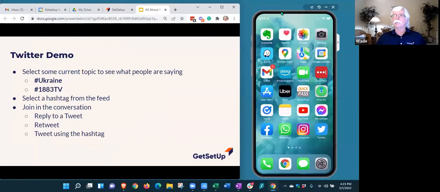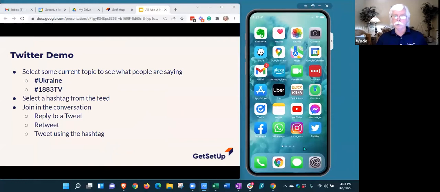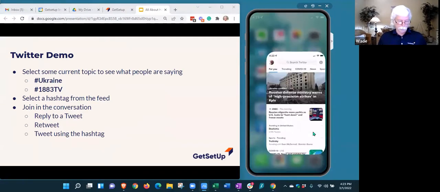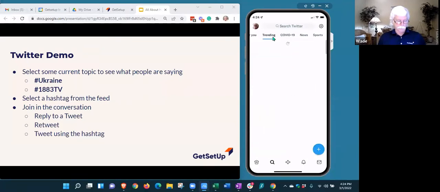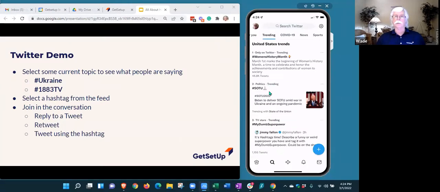So let's grab my phone here, and I'm going to start with Twitter and pay homage, because hashtags started with Twitter. And it still is probably the site. I think Instagram may have passed Twitter in terms of the percentage of posts that have a hashtag in them, but still those are the top two. And especially in terms of trending things, Twitter is the most common. So for example, we were just talking about trending, and there it is right here. Twitter always has a trending page, and it will show you hashtags that are trending right now.